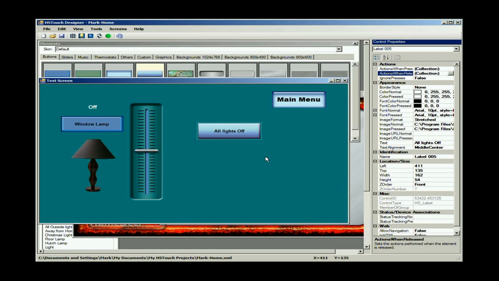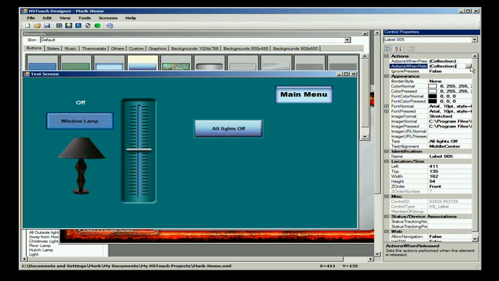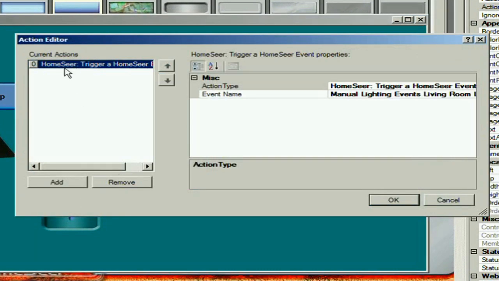I do want to expand on this a little bit, though, because yes, you can create an event in HomeSeer, and yes, you can tie it to a button inside of HSTouch, but you can also create your own brand new event inside of HSTouch where it doesn't even exist in HomeSeer. And you can do that by combining actions. For example, let's go back into the action editor here. Notice I have a pretty empty list of actions over here, but I can add as many different actions as I want. So I'm already triggering an event with this button, but I can add another action